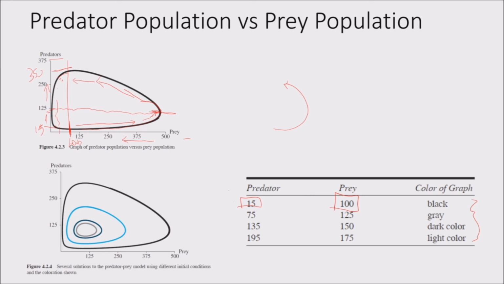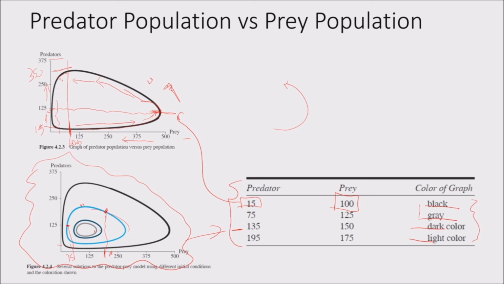Right. So I think these two are talking about the initial value of 15 predators. That is the first graph right here. This is the first one, which is talking about this one right here. But the colors are messed up, so that's what is leading to the confusion: light colors, dark colors, and all that. But anyway, I hope you understand this graph and its behavior.